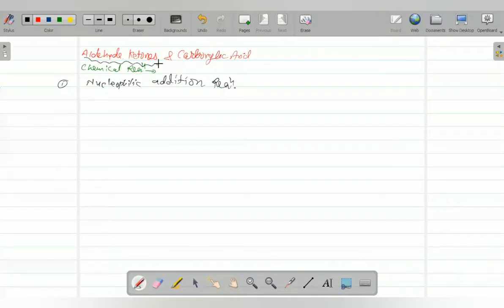See, aldehydes and ketones give nucleophilic addition reactions. Nucleophilic addition reaction means they all have a carbonyl group and a nucleophile attacks on them, and this nucleophile breaks the bond between carbon and oxygen, that is delta negative, and this is delta positive. So this nucleophile attacks on this,